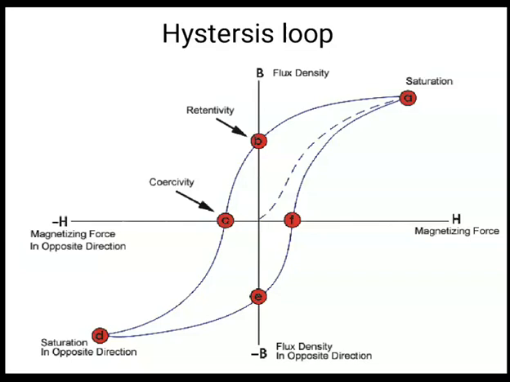Starting from the origin, it went to point A, after that we start decreasing the current, it comes to point B, then we again decrease the current, it comes to point C, and we keep on decreasing the current till it goes to saturation in the negative region. At point D it is in the negative region, and then we start increasing the current, and again the loop starts. It starts from D, it went to E. Then what is the E?